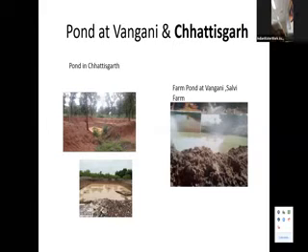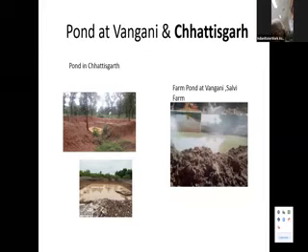On the right hand side, this is a pond at Wagni, at the Salvi farm, where we were connected. There also we have a 130-meter by 30-meter by 2-meter deep pond. She has a 5-acre land over there, and now she can do agriculture on this water itself. She doesn't need any other water. So like this, if a farmer collects his own water on his own land, then the water problem can be solved.